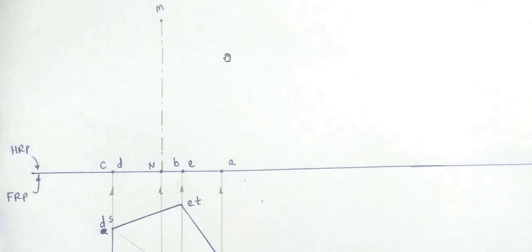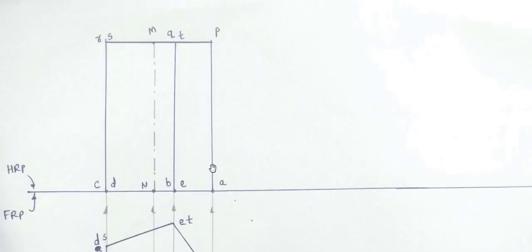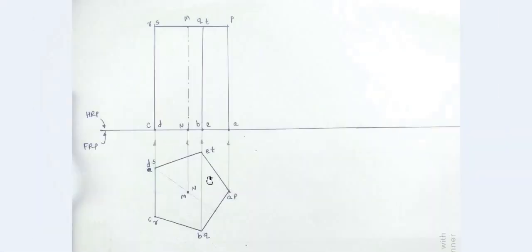And in the next part we will be completing this rectangle. Above A at a height of 55 mm would be P. Above B and E there would be points Q and T at 55 mm, so that this upper base would be completed. Then this extreme edge on the right hand side, extreme edge on the left hand side. So in this part we have completed this rectangle as specified. So this is the front view of a prism, and this is the top view of a prism when it is kept in simple position. This is our first stage of solution. Here 1/3 of the problem has been solved.